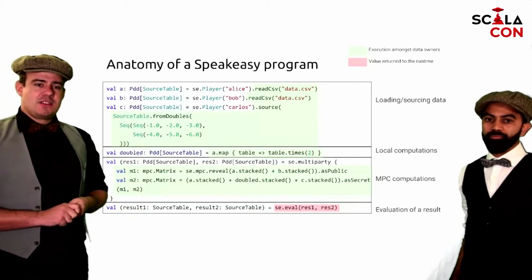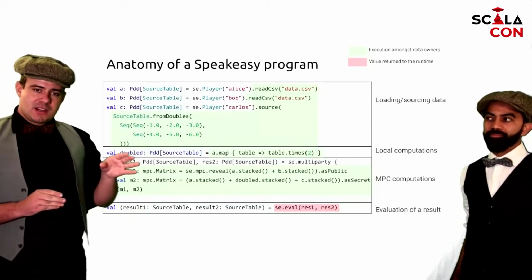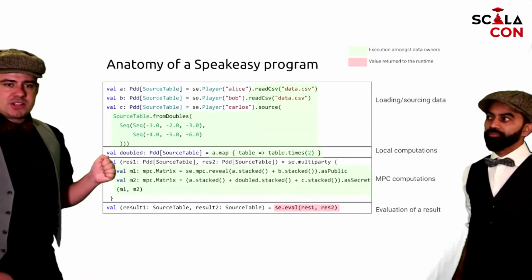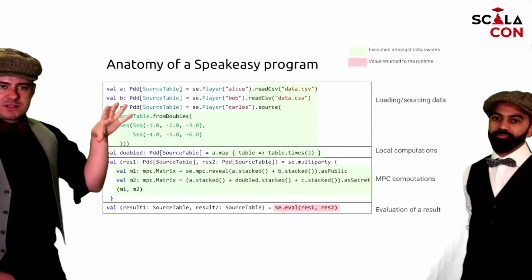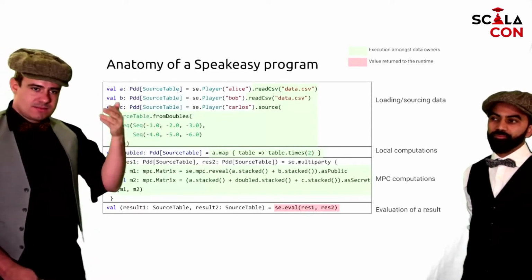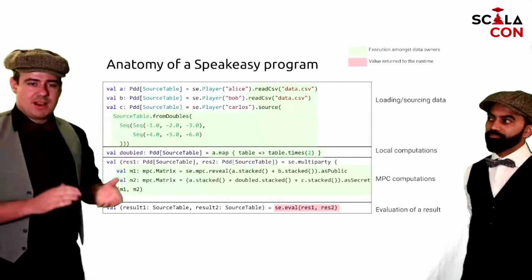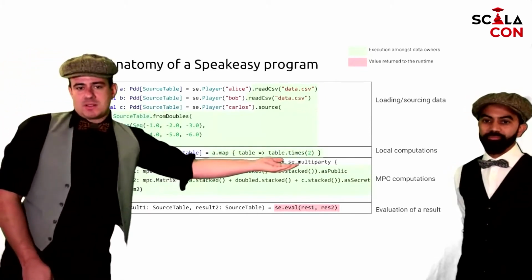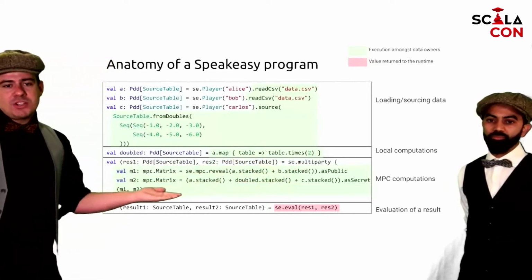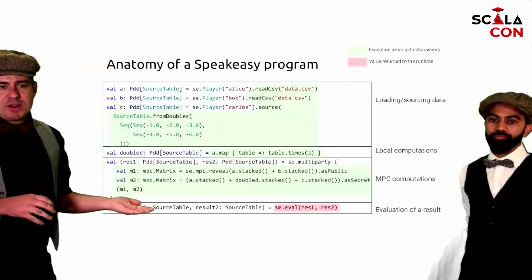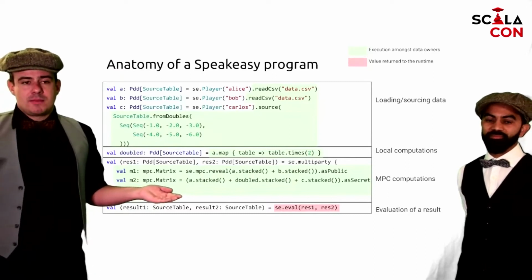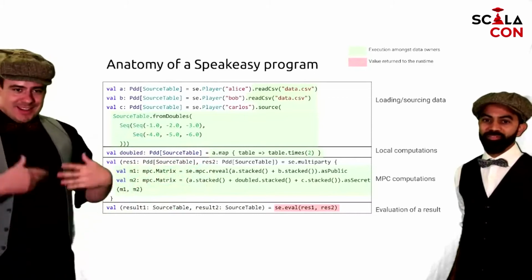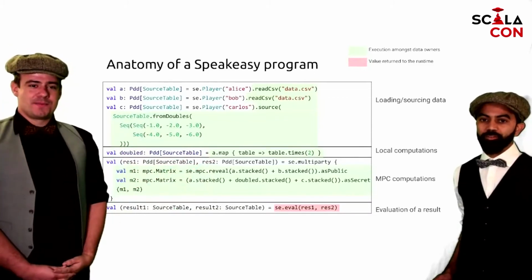The second noteworthy feature of Speakeasy here is that we're composing languages. So on the high level, this is general Scala code. You know, we're defining just, you can use whatever data structures we would like. But inside this multi-party block, so this part here, what you see here is actually a separate DSL that could not exist outside of this block. Now we'll get into explaining how this works.